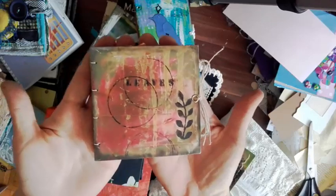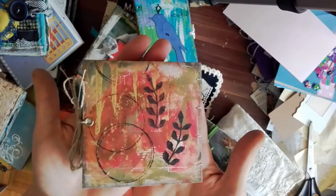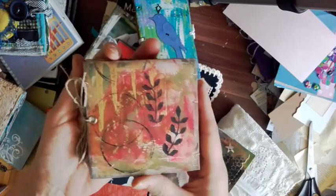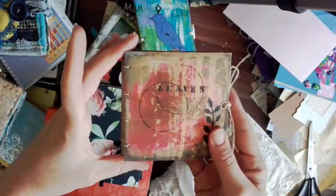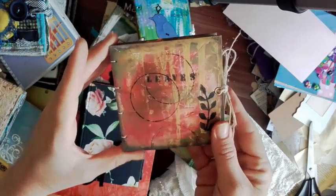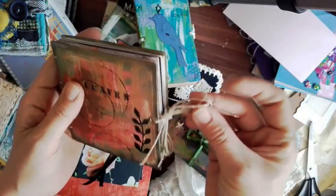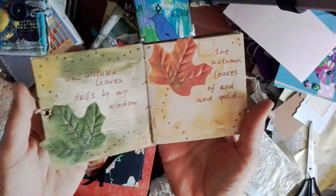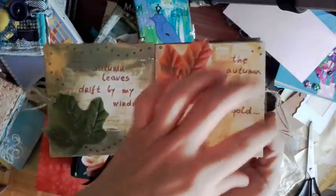Then is this one. This one was actually created a long time ago. I was in a group online, an art group where we had a, not a challenge, but kind of a task to make a small journal about leaves. So it's that one, and it's not finished, even though it was created a long time ago, but I just come back to it whenever I want and